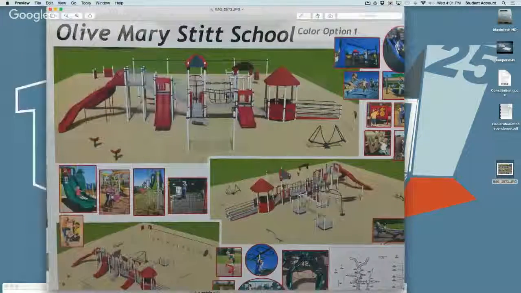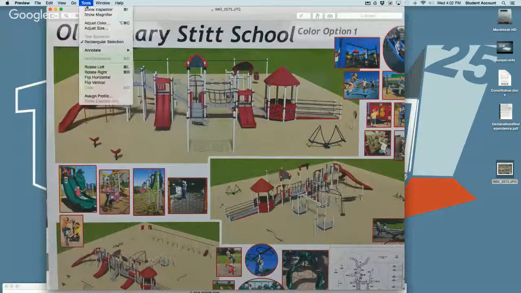So here, when you click it on this computer, it opens in Preview, which in most of them it will. And what a lot of people don't know is that you can use the tools in this case to adjust the size of the actual picture itself. You can also do some basic editing, like rotating it or flipping it, or you can even crop it if you wanted to. But in this case, they just said, I don't know how to adjust the size. They didn't want to bring it into a photo editor. They just wanted to make it smaller.